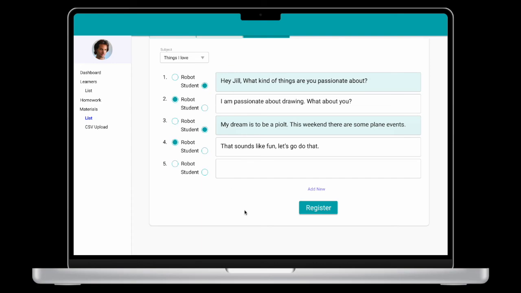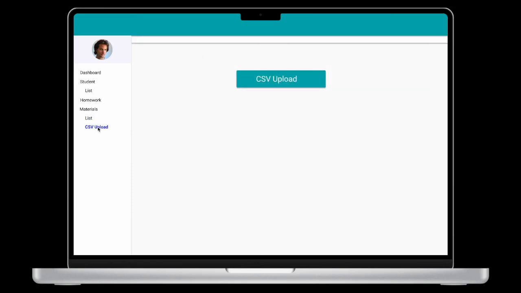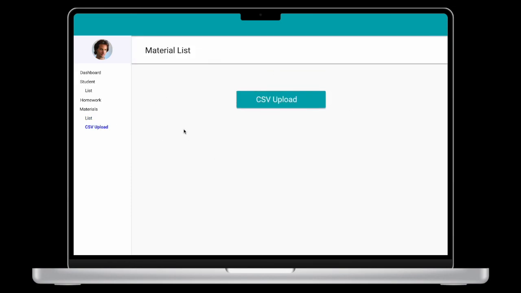Once the teacher has verified all the information is correct, they'll hit the register button. That will be sent to the homework page. From the homework page, they'll then send it to the student application. We also have a CSV upload function where a teacher can upload their document and then it'd be turned into text elements. They then can be placed into the word,